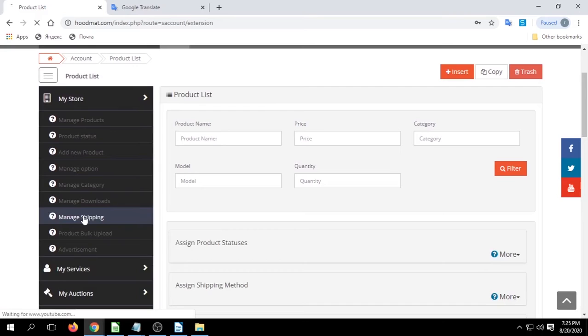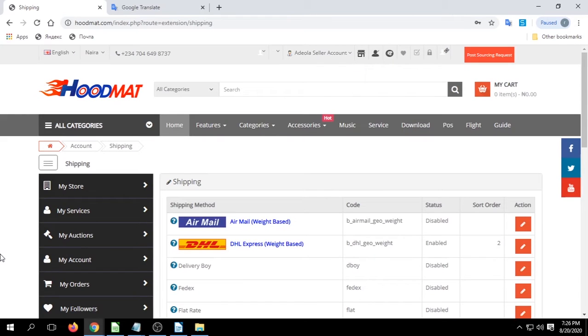If you don't understand how to do this, kindly check the following: how to configure, enable and assign DHL Express shipping, delivery boy shipping, FedEx shipping method, flat rate shipping, free shipping, advanced shipping pro, product based shipping, SAF web DHL shipping, send from China shipping, UPS shipping, United States Postal Service shipping, and web-based shipping.